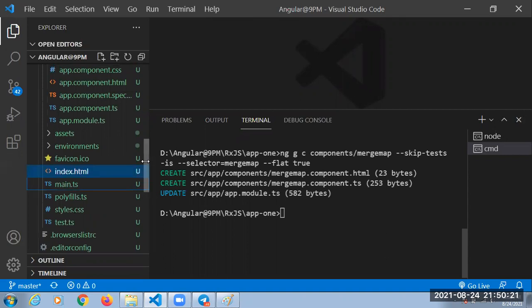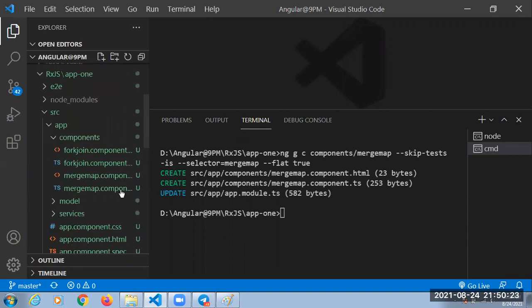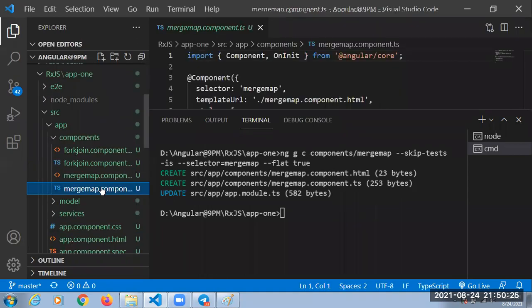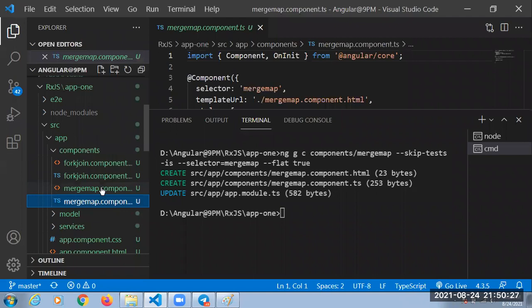Can I open that component? Yes. Can I open that component here? Yes, so the merge map component now. We need to open one component here. Which component do we need to open? The merge map component. Yes, merge map component we need to open here. After opening the merge map component,